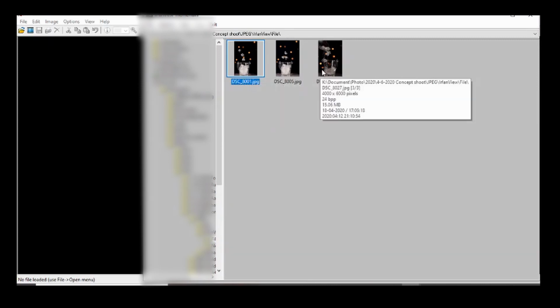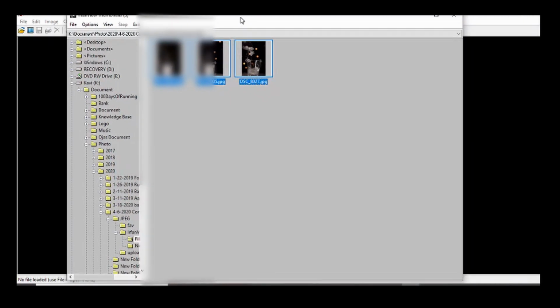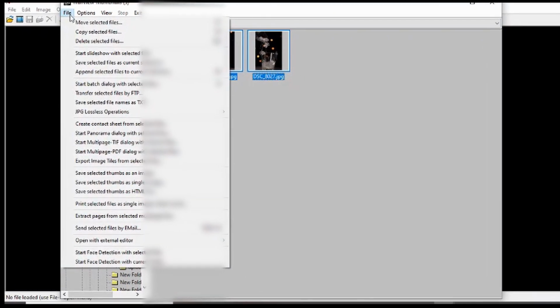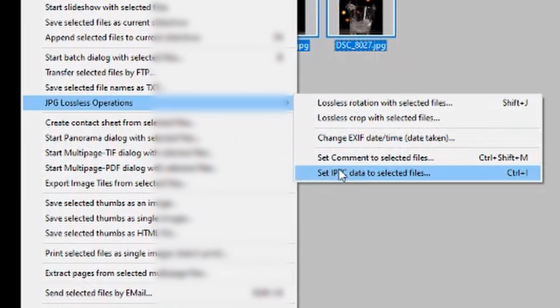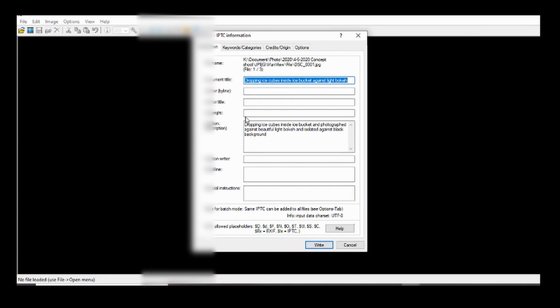Select all these images and click on File, JPG lossless operation, and then set IPTC data to selected files. This data I received from the first file we did just now.